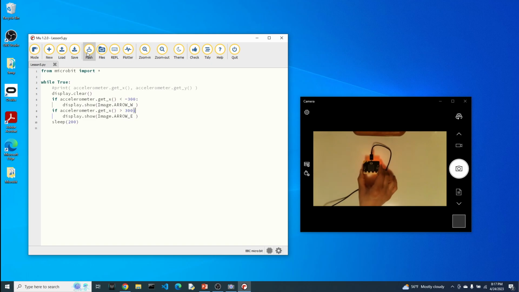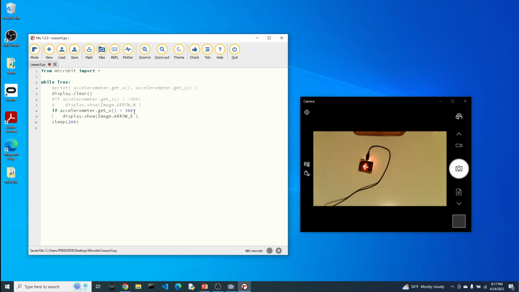All right, so again, appreciate that nothing's on the screen because I'm neither tilted to the left nor tilted to the right. I'm going to tilt to the left. I get the left arrow, bring it back to center. Now I'm going to tilt to the right. So now we essentially do have our functional signal lights that will turn on depending on how the microbit is tilted. So what I want to do now is I want to also work with the Y